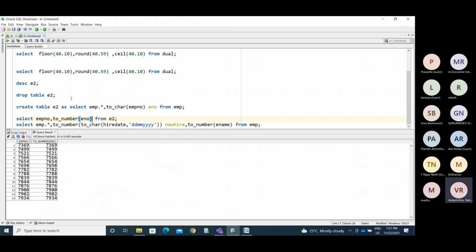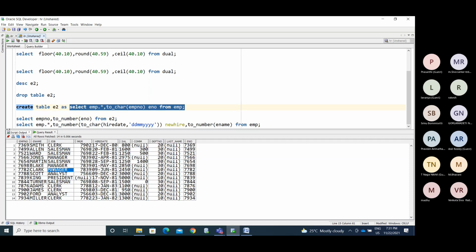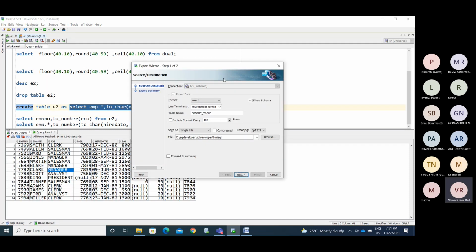Now I'm making another value. One minute. I'm taking an insert statement into E2.